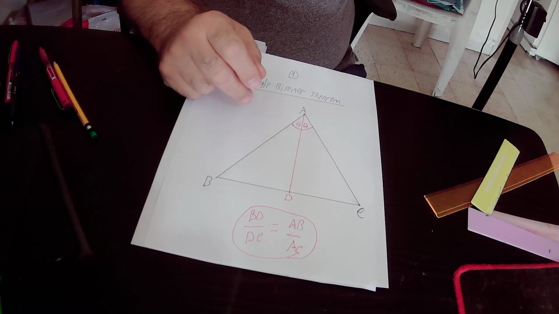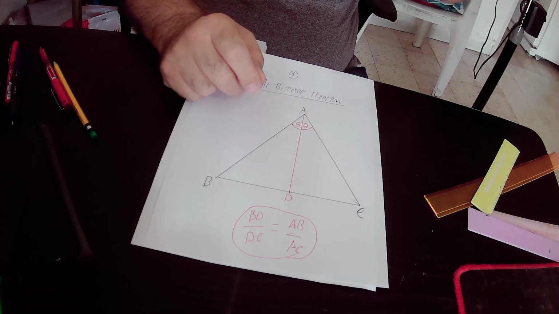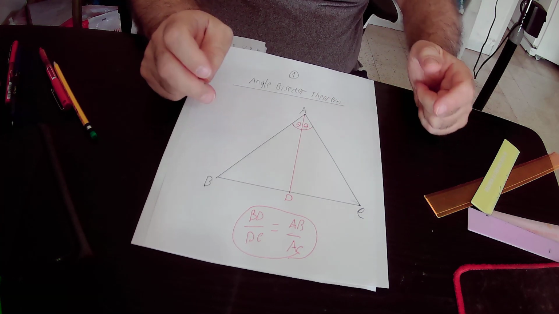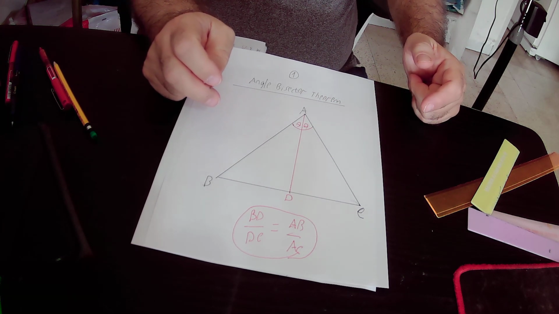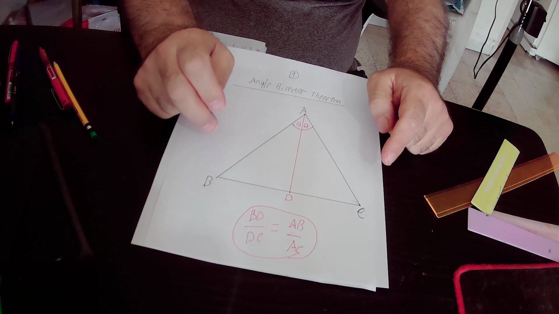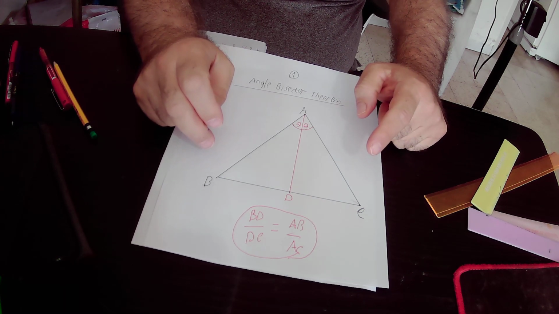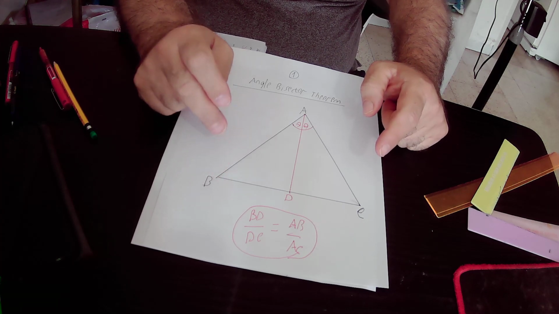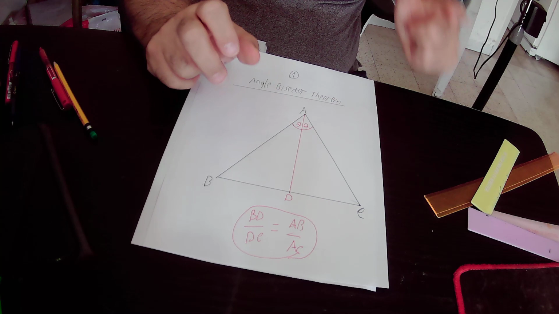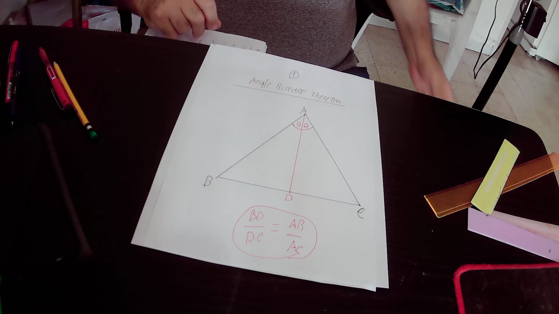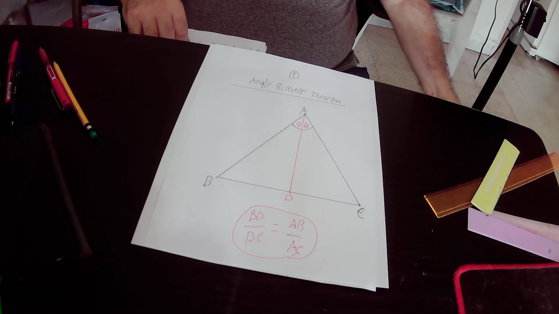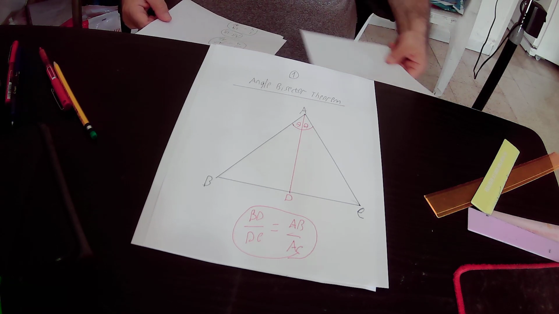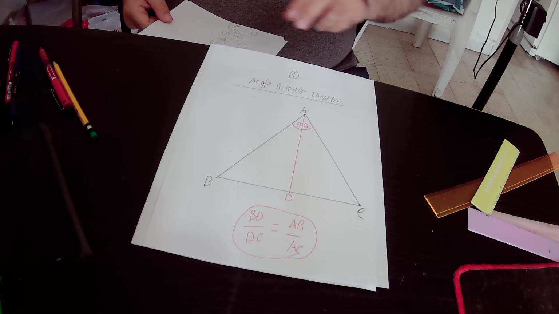So the ratio between the angle legs, that is AB over AC, equals the ratio in which angle bisector AD divides BC. Okay? Again, the ratio in which angle bisector AD divides BC is BD over DC, and that ratio equals the ratio between the angle legs, that is AB over AC. Okay? So that is the angle bisector theorem, and we implemented it